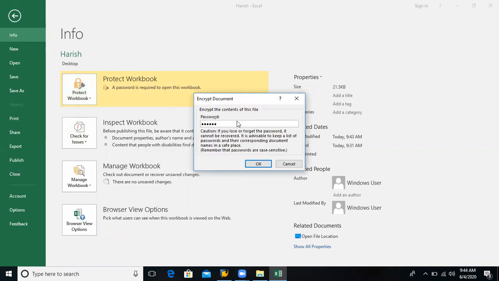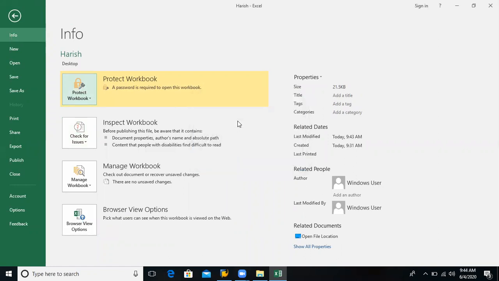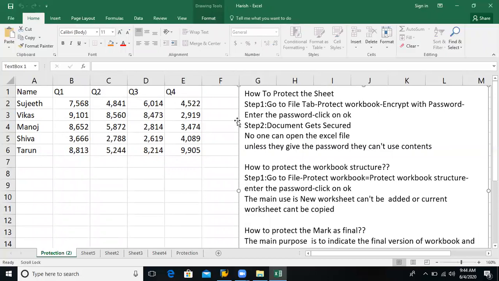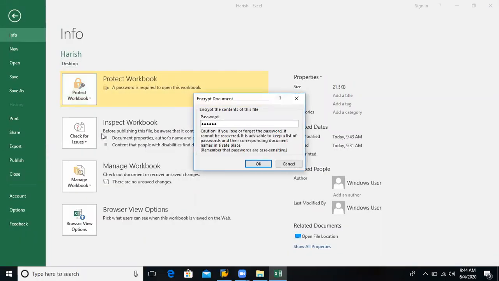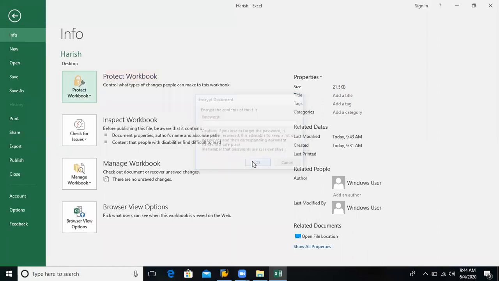Already we gave the password here. If you want to cancel the password, file, protect workbook, encrypt with password, place the cursor here, backspace, remove the entire password, click on OK.